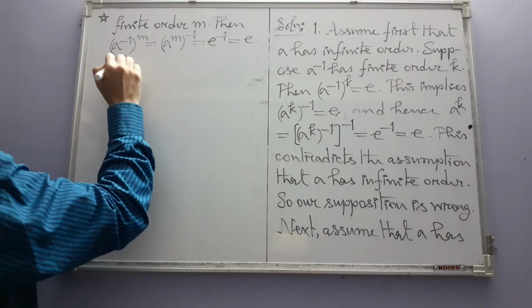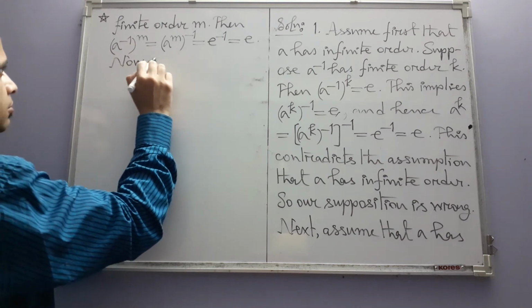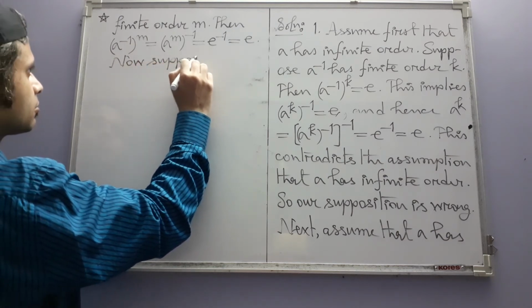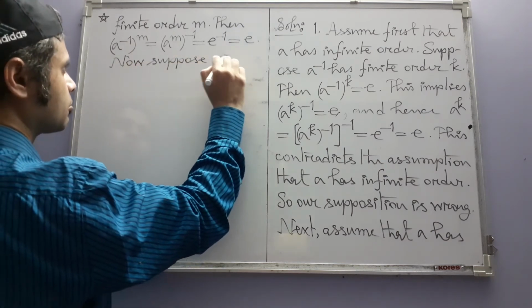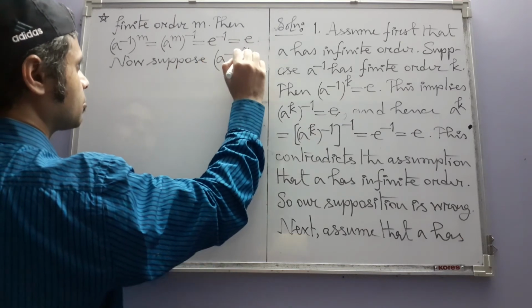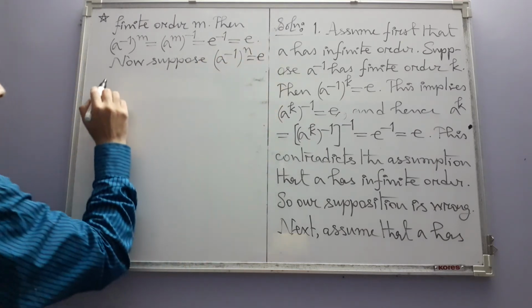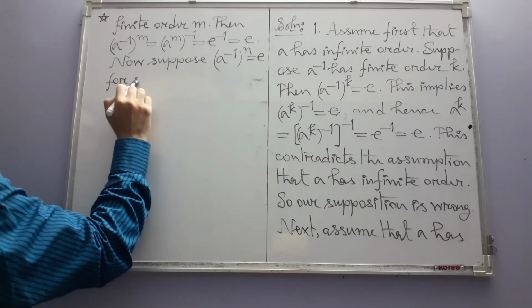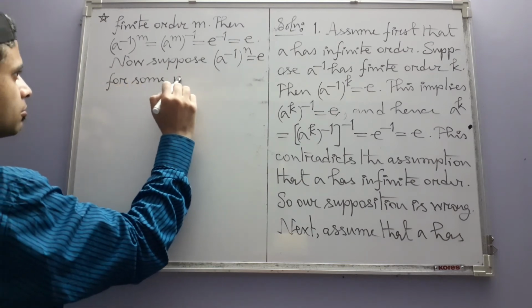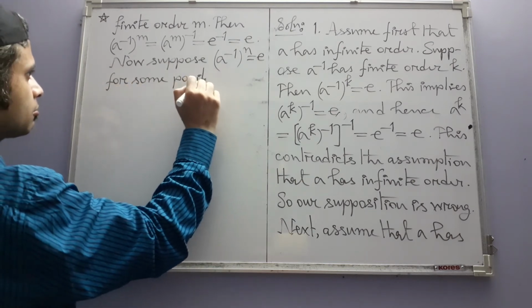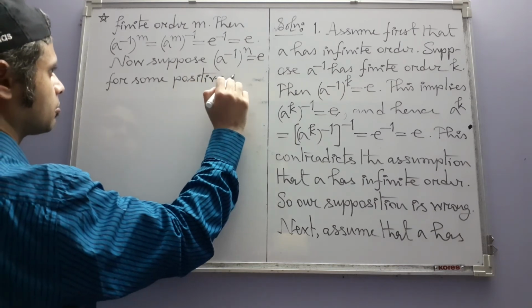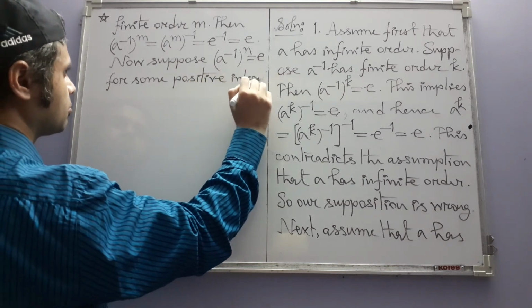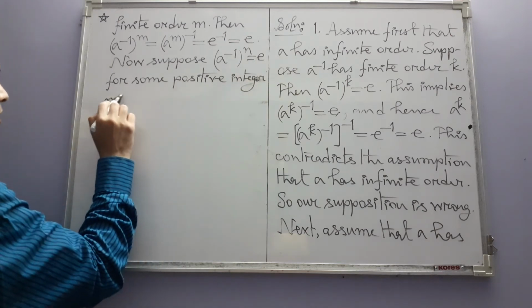Now suppose this is equal to identity for some positive integer n less than m,